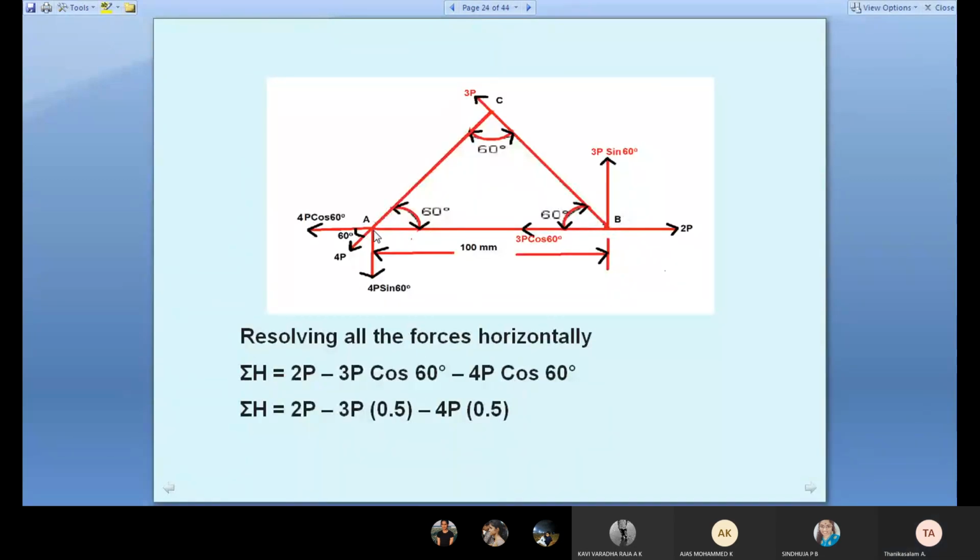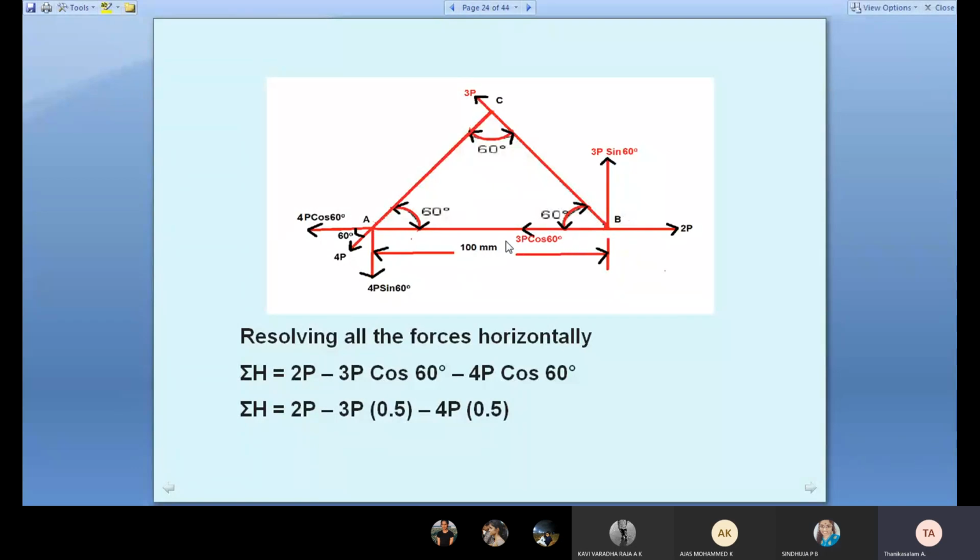So go to point A. What are the forces not giving moment? Which forces do not give any moment? While taking moment, I told you, what are the forces giving moment and what are the forces not giving moment? Point A is the reference point, so I'm taking moment about it. Which are the forces not giving moment?